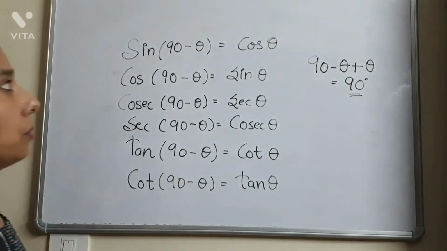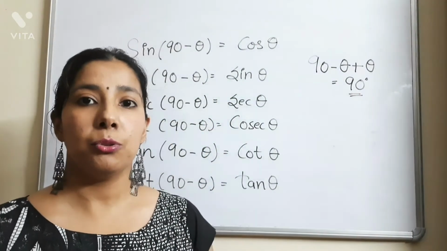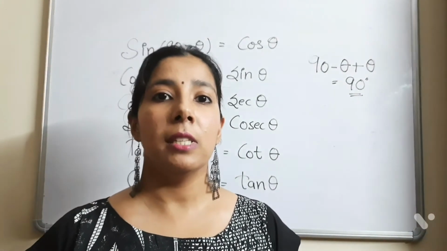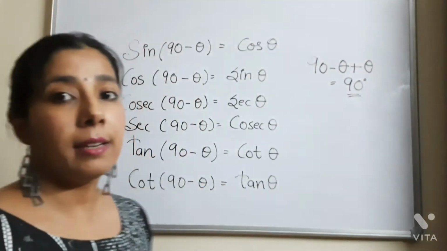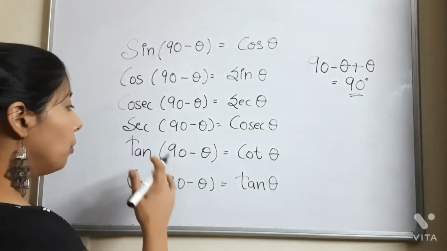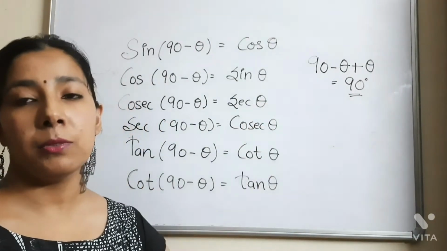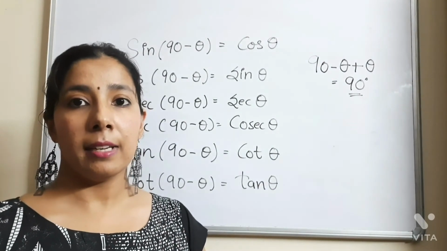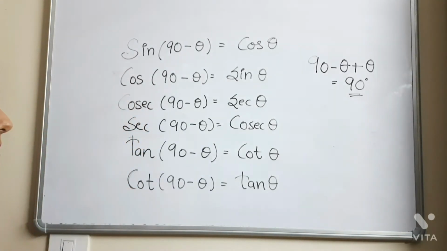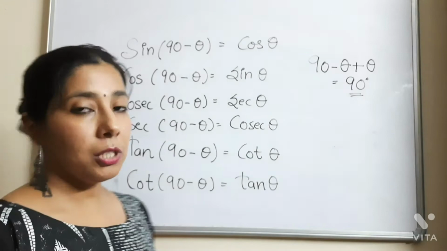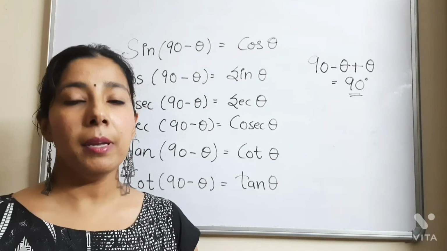And also, these complementary pairs are used for changing one trigonometric ratio to the other. Suppose you want to change the sine trigonometric ratio to the cos trigonometric ratio, or you want to change the tan to the cot, or the secant to the cosecant trigonometric ratio. So you can use these complementary pairs for interchanging between the pairs, that is sine and cos, cosecant and secant, and tan and cot. So this is how they are used in questions for solving in the trigonometry part of mathematics. So let's take one example, then you will be more clear.